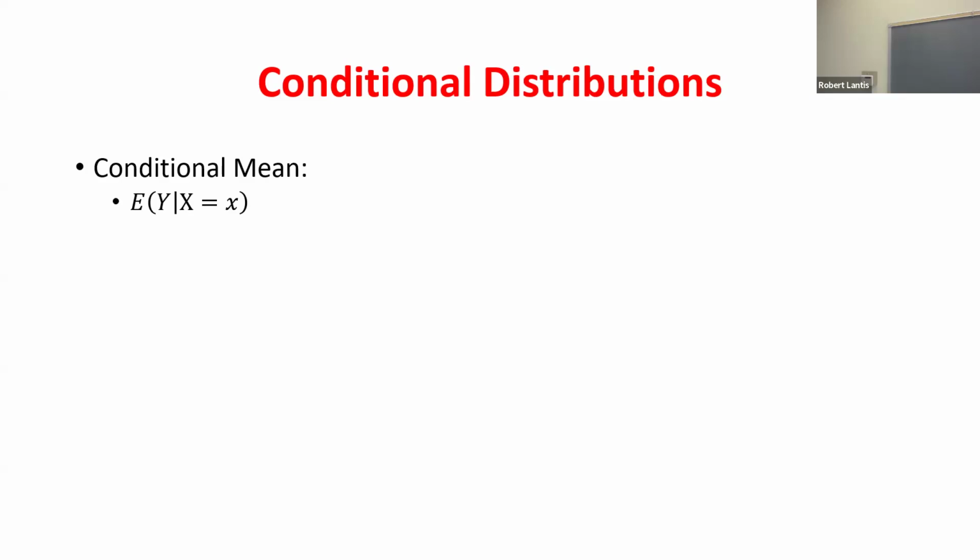So if I have an unconditional mean, let's say I'm interested in the average number of beers consumed by a US citizen, right? I don't know what it is, probably not super high. But what if I say I want to know what's the average number of beers that a US citizen consumes given, so this vertical line means given that this other thing is true, what's the expected value of the mean number of beers drunk, conditional on the person being a college student. It's probably a lot higher than the national average, right? And so when I start putting these conditions on, I might get very different means or expected values.